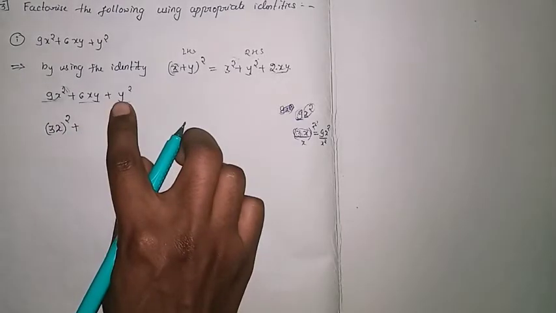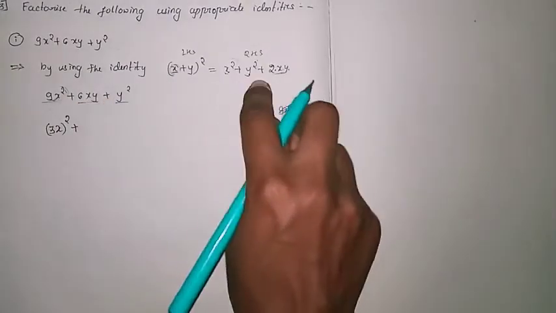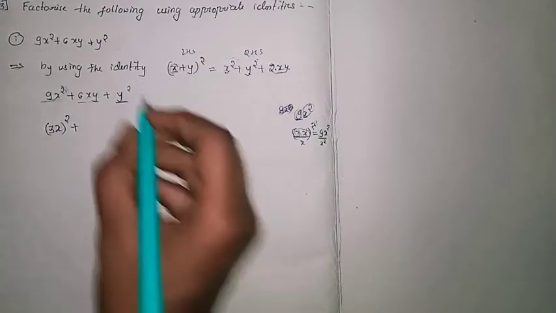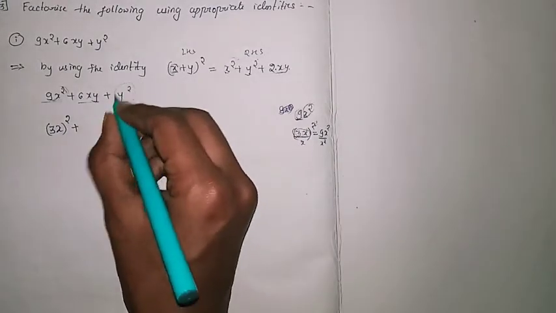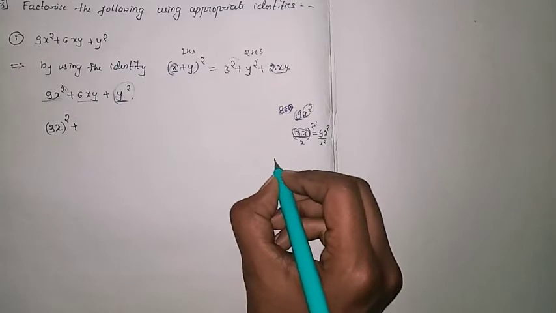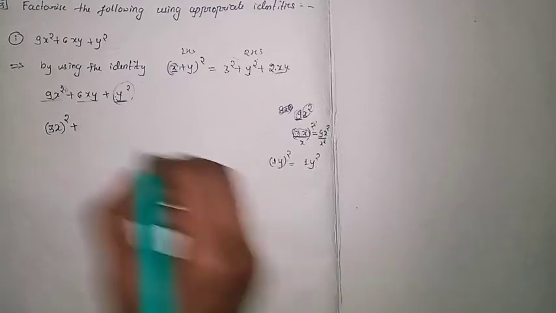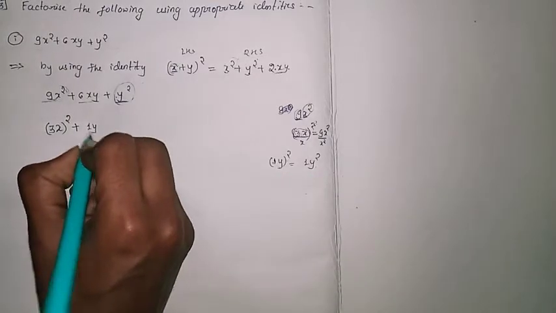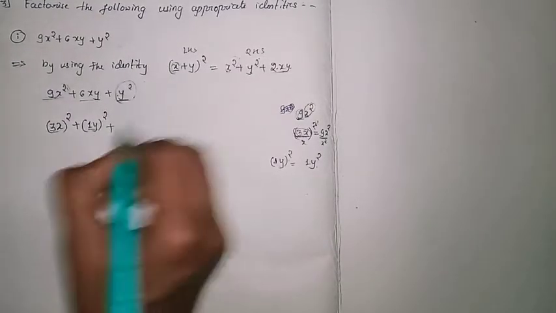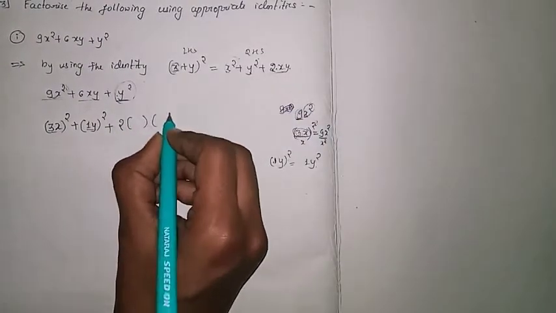Then now you can write y also according to the formula. As I am using this formula, we will go for the y square term. So y square, you know that when this is the y square term, I want the y value. So what is the y value here? 1 into y whole raised to square, so it can be written as (1y) square. So that means the y value is (1y) whole raised to square. So this is the x term, this is the y term, plus what we want, 2. In the formula it is 2 into x into y.